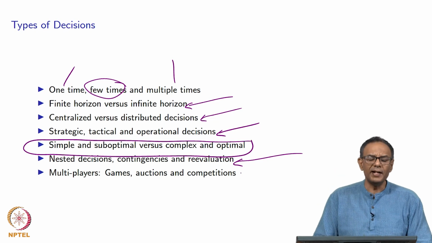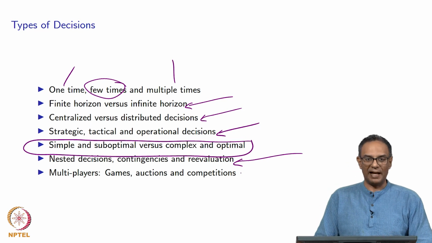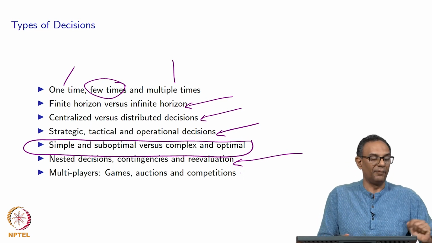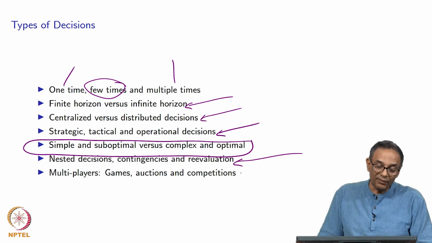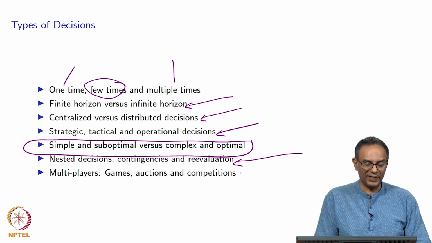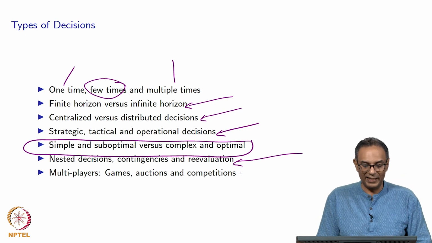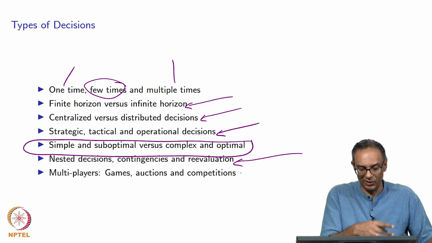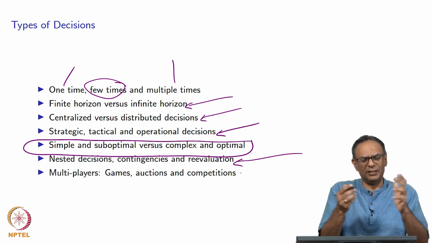Then I could think of a contingency plan. What if something changes along the way? For example, there's traffic, and then I want to change my plan, and I don't want to go this route. I want to go a different way. You might also want to reevaluate. That is, you're driving and then you come back closer to your restaurant, and then your manager calls you and says, hey, can you pick up a couple more pizzas? Anyway, you're close by. You might want to do that and reevaluate your decision. So we do this a lot of times.